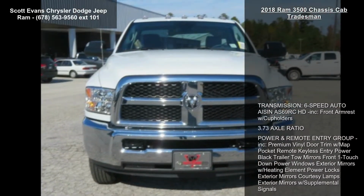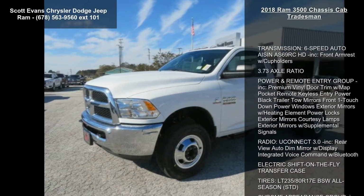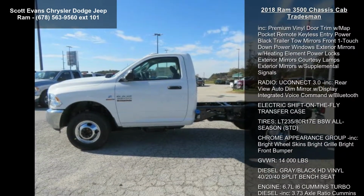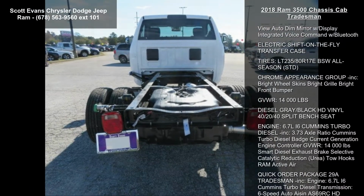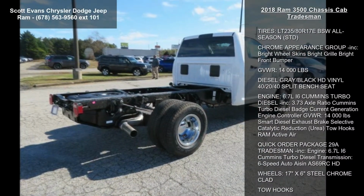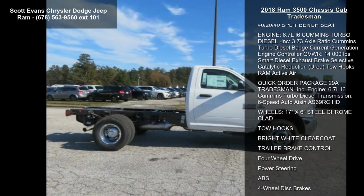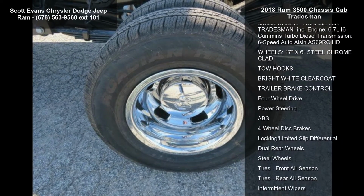Some of the top features included with this vehicle are transmission, 6-speed auto and AS69 RCHD included, front armrest with cup holders, 3.73 axle ratio, power and remote entry group included, premium vinyl door trim with map pocket, remote keyless entry, power black trailer tow mirrors, front 1 touchdown power windows, exterior mirrors with heating element, power locks, exterior mirrors